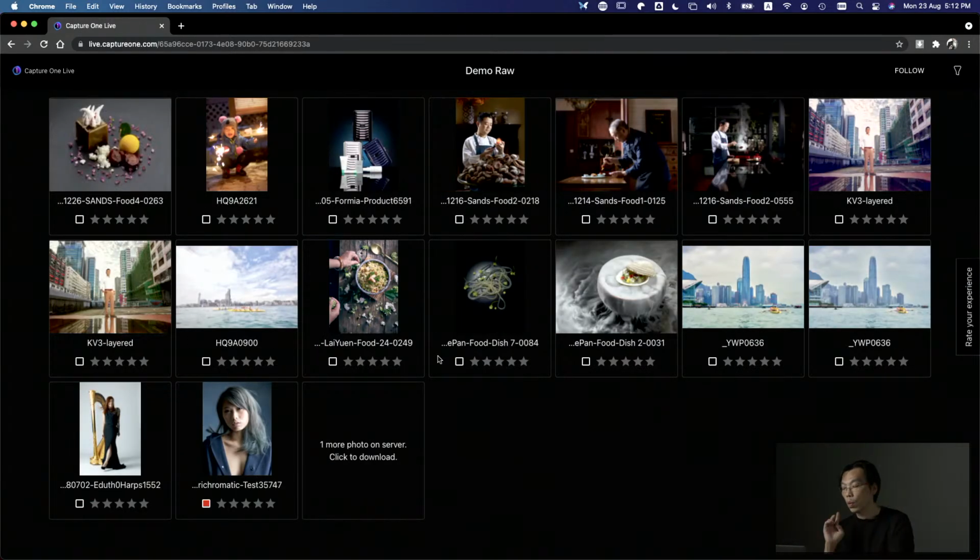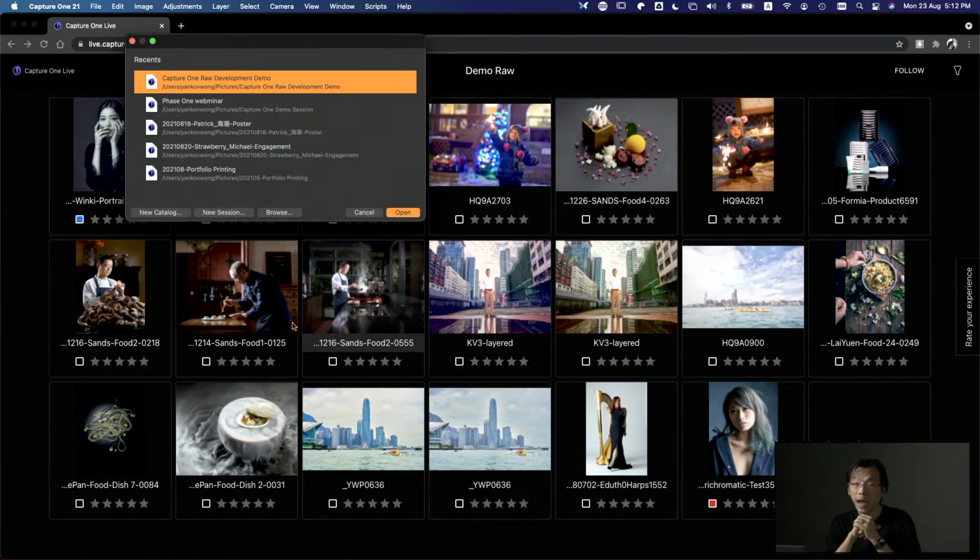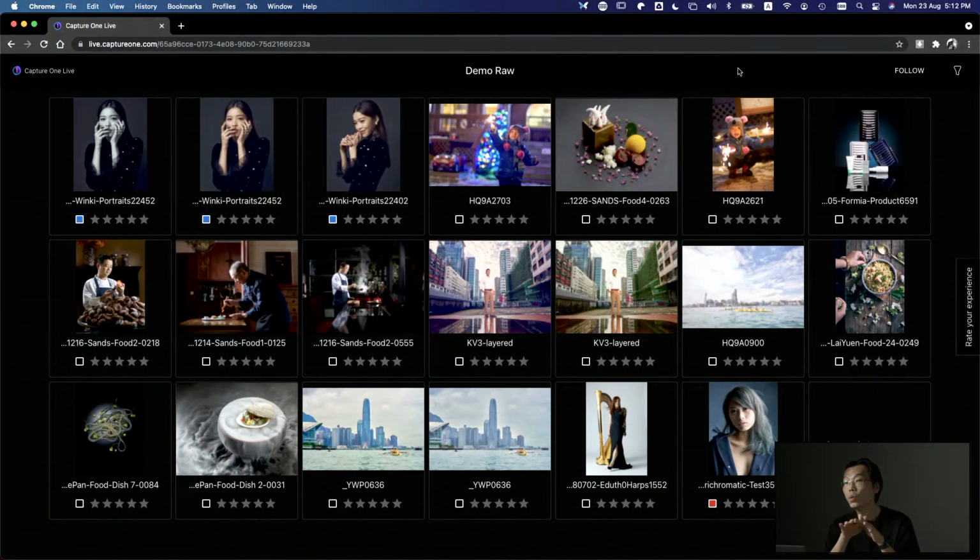But this time, when I go back to Capture One, I'm not stopping the sharing. I'm closing the section, okay? Let's say I close this section. And you see that the section is closed, but then the photos are still there on the server. This is very good, because at the end of a section, sometimes you would just close your section. You would turn off your computer. It is offline already, but the photos are still on that server,